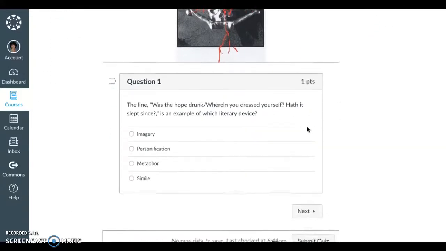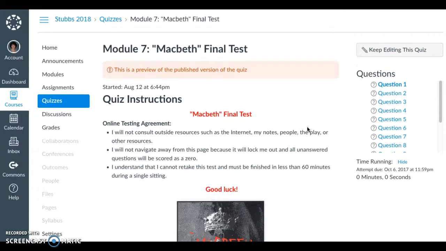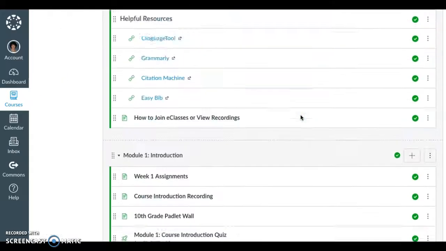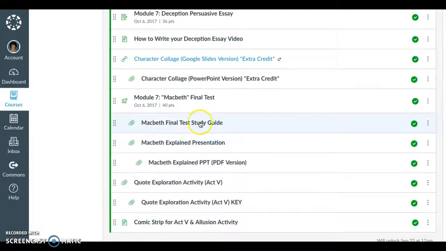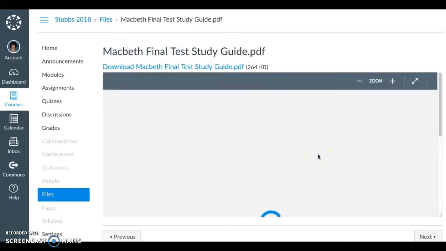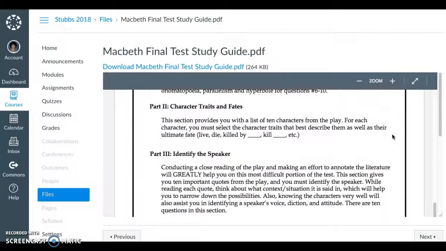The first part will be literary devices. Now you might say, where do I learn about literary devices? That's not part of Macbeth. Well, it's part of English. And so you will find in Module 7 a study guide for the final test, and in Module 15 for the Ender's Game. And there'll be a literary guide, and you need to focus on